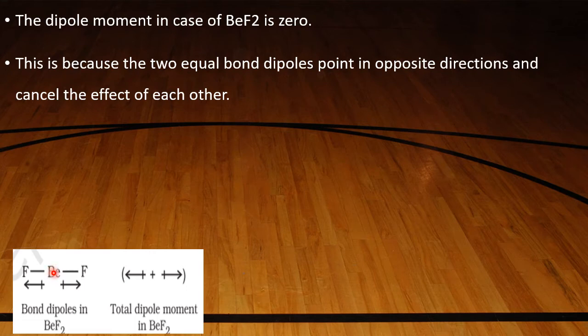Poles are not created here. So this is minus, this is plus. So this plus again will pull here. See, it is the arrangement I told you. So due to the pull on the opposite sides, the resultant effect on the beryllium is nil, 0. That's why the dipole moment of beryllium fluoride is 0. It is like a tug of war. If both teams are equal, for hours together, no result, like that.